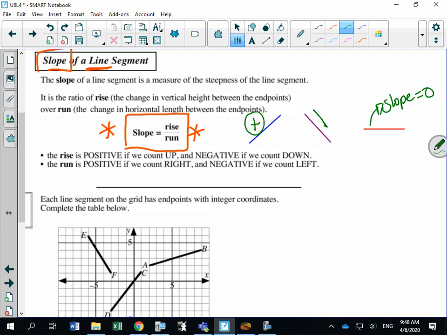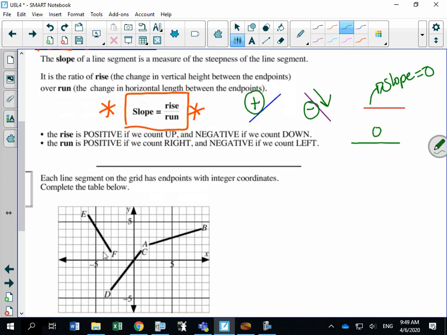And this one, it's like you're sliding down a hill. This is going to have a negative slope. And then again, if you have a completely horizontal line, it is going to have no slope. Okay? So what we're going to do is class example 1, and it says each line segment on the grid